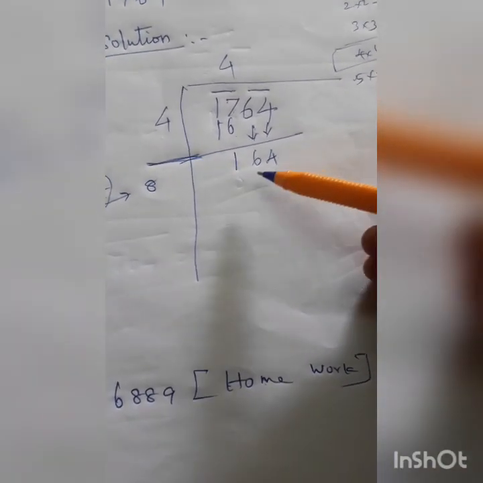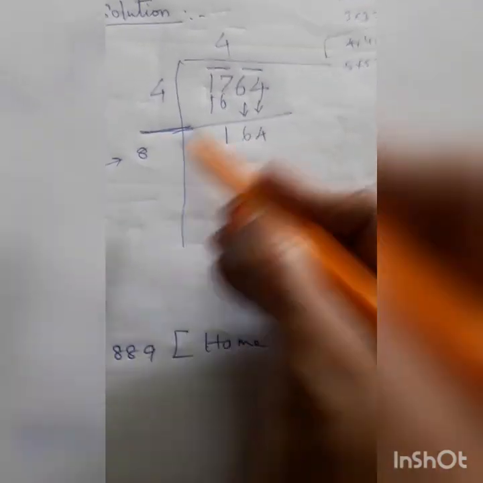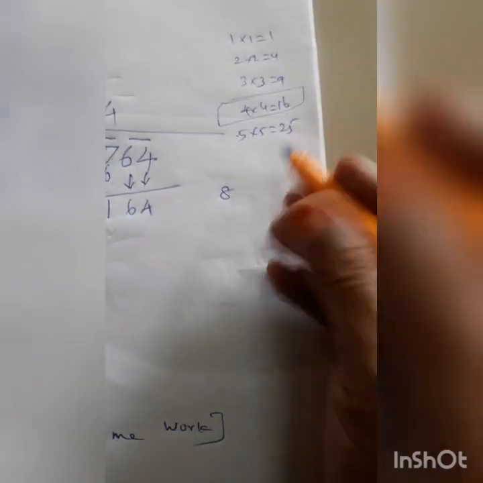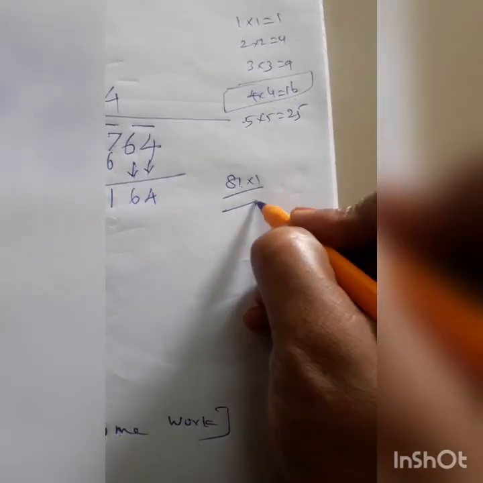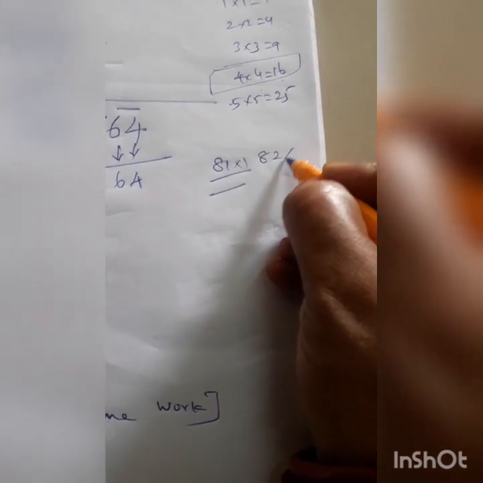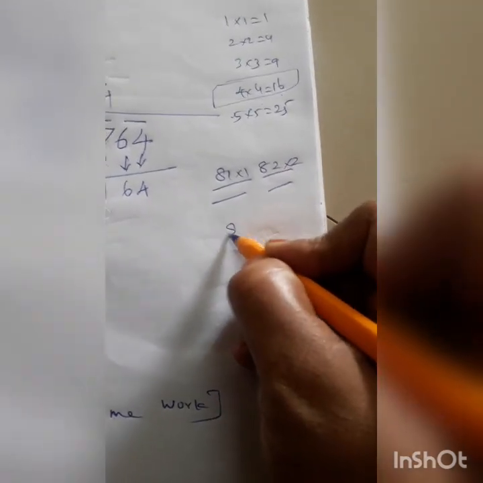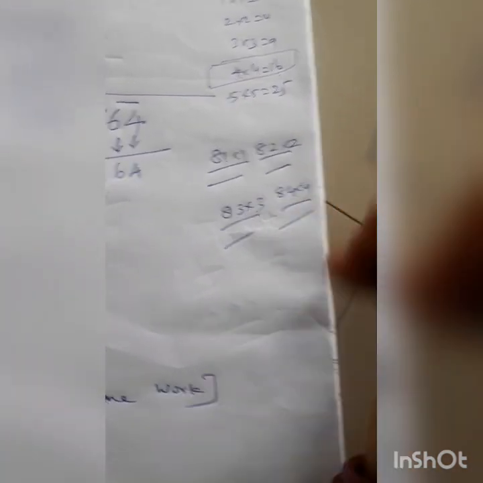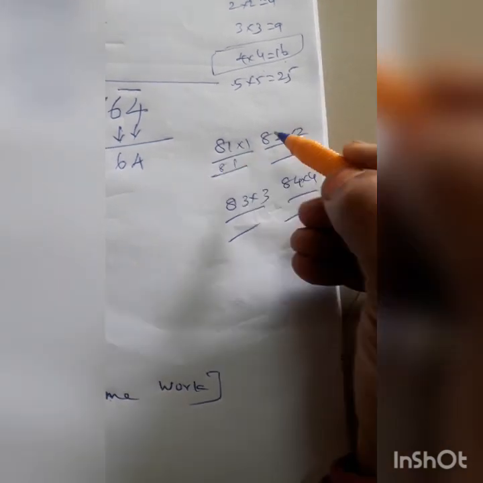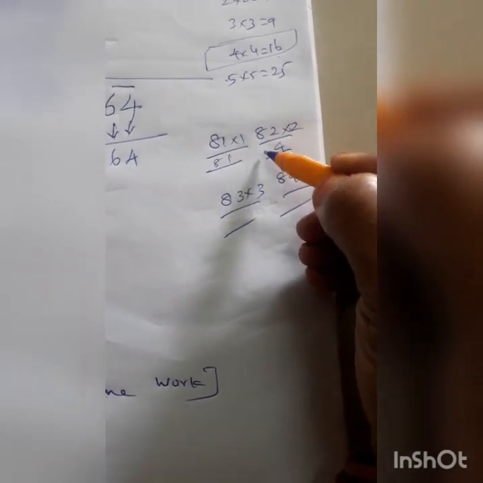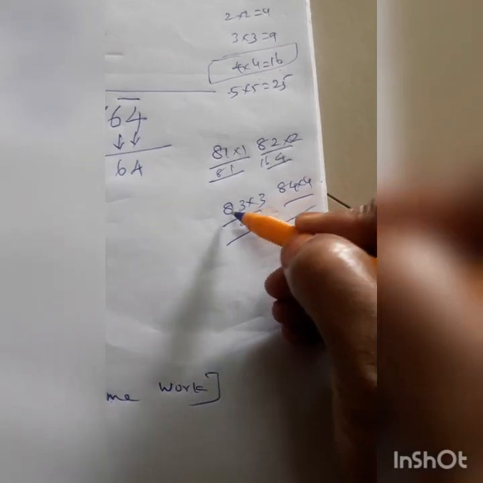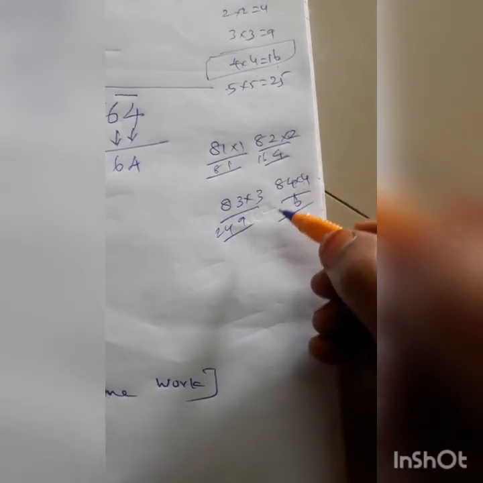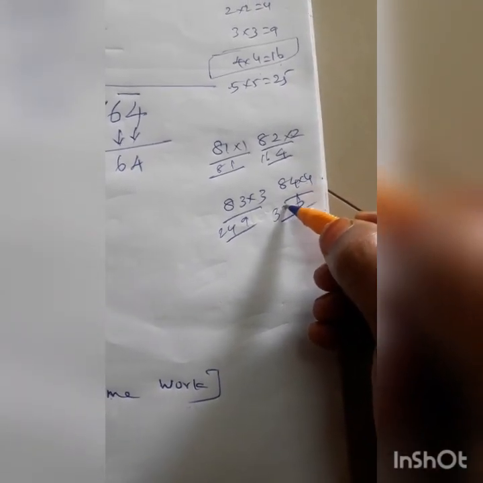Now 164, for how many times is it possible? The common number is 8. From the square table, 1 1 is 1, so 1 into 1. First multiply and get the answer. Next, 8 is a common number: 2 into 2, 8 3 into 3, 8 4 into 4. First select 1 1 is 1, 1 8 is 8, 2 2s are 4, 2 8s are 16, 3 3s are 9, 3 8s are 24, 4 4s are 16, remaining 1, 8 4s are 32, 32 plus 1 equal to 33.